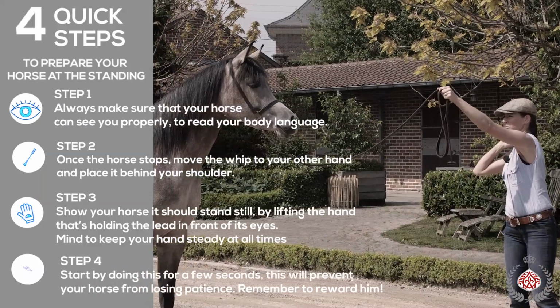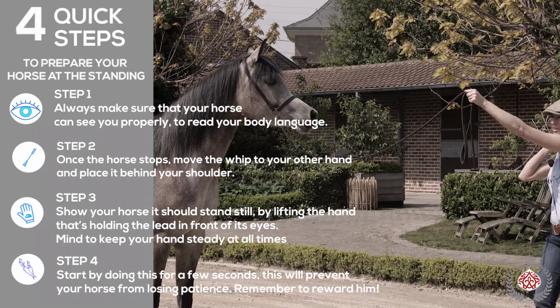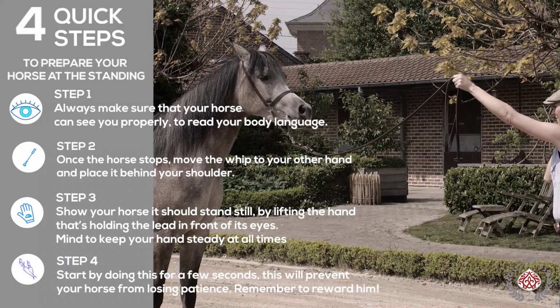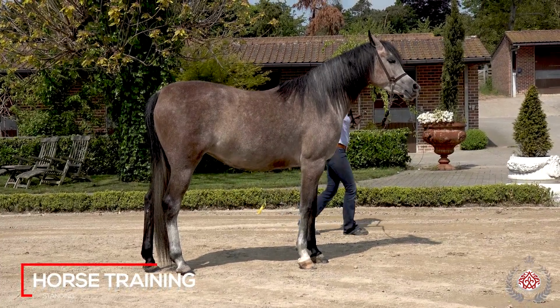Step 4. Start by doing this for a few seconds. This will prevent your horse from losing patience. Reward your horse for the good job. Once she knows to stand still,